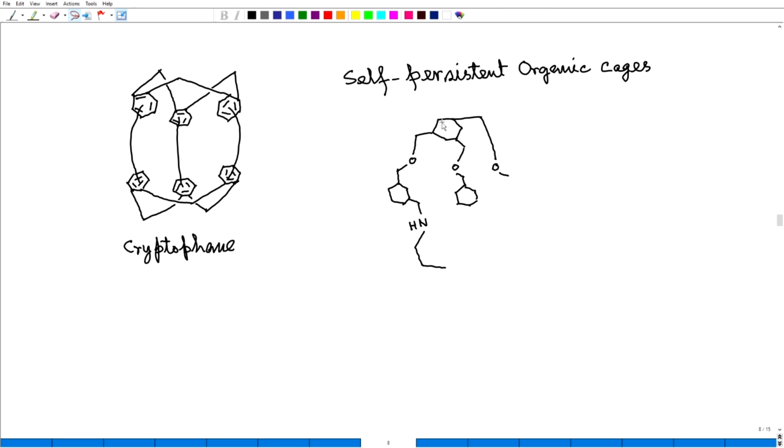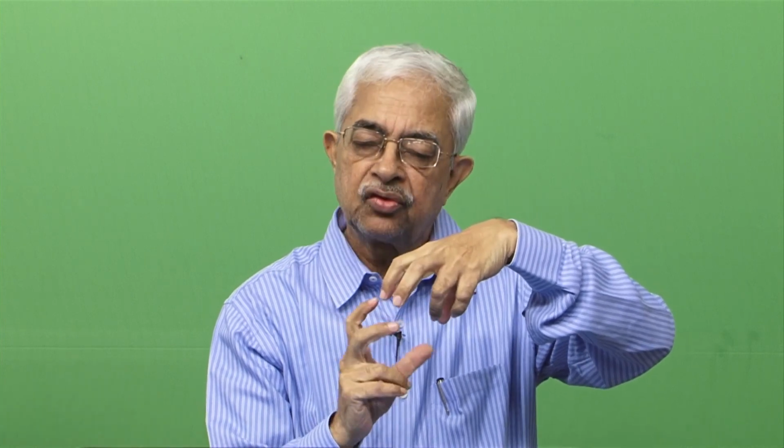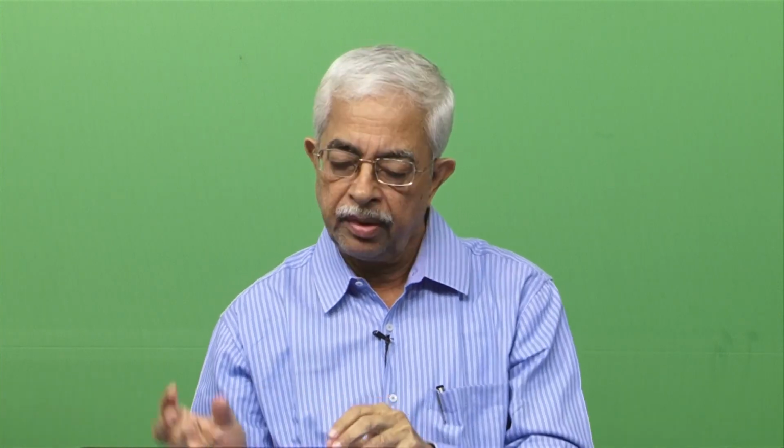What is the difference between self-persistent organic cages and cryptands? In a cryptand, when a metal ion goes inside, some of the donor atoms present in the bridge can move around a little bit, not much, so that these donor atoms can wrap around a metal ion nicely. But in this case, that is not possible. When you put a metal ion or leave it empty, the shape is not going to change, and that is why it is known as